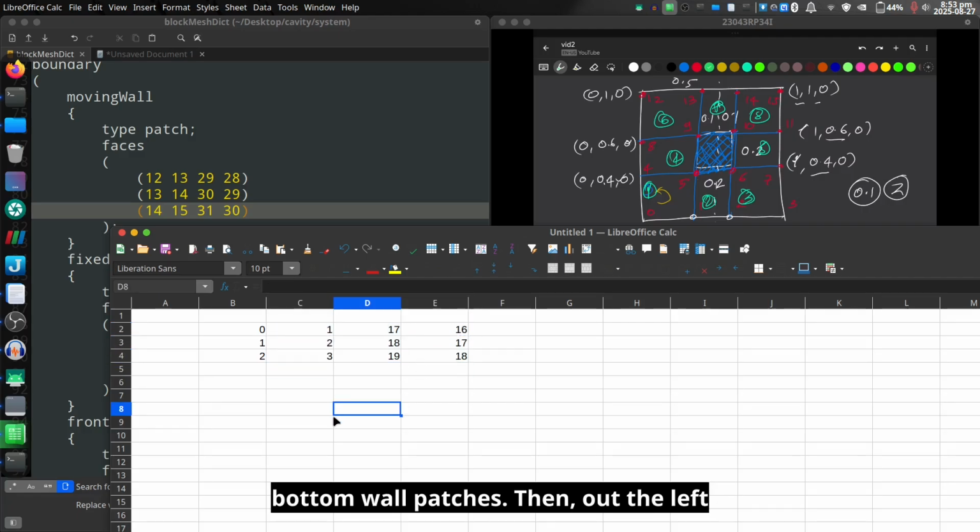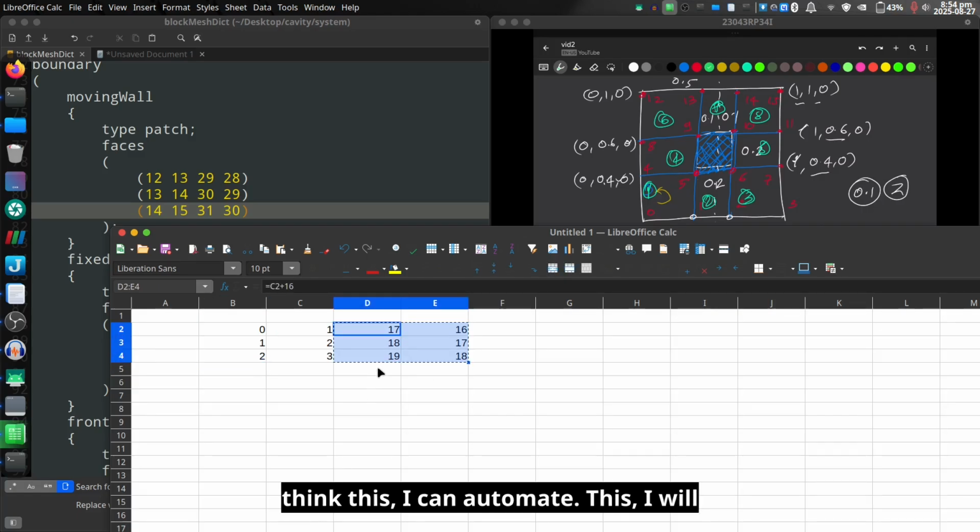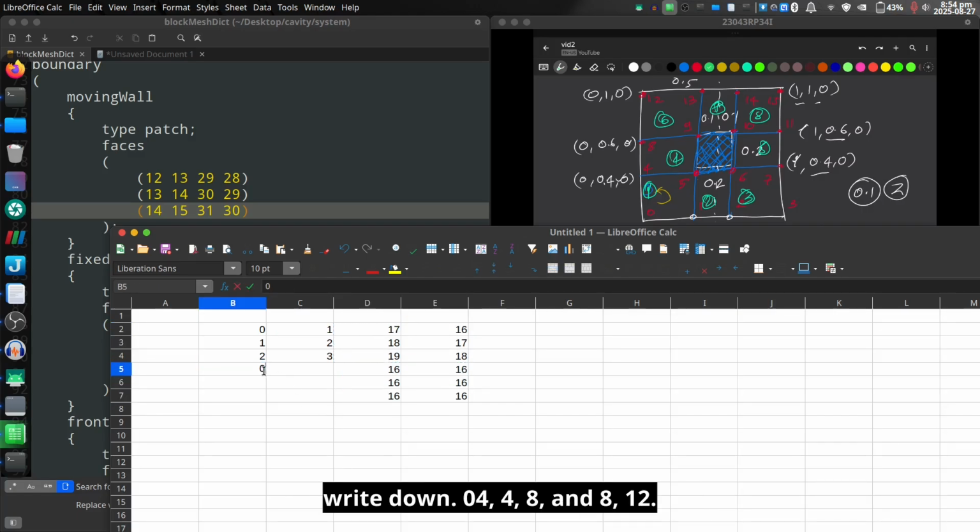So these are the 3 bottom wall patches. Then over the left wall, 0, 4, 4, 8, 8, 12. So 0, 4, 4, 8, and 8, 12. I think this I can automate. This I'll write down 0, 4,